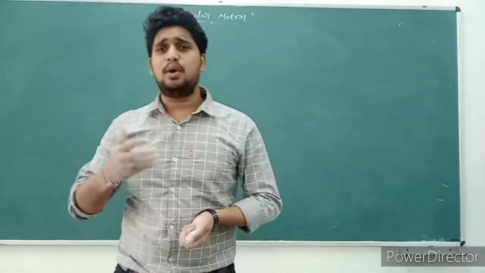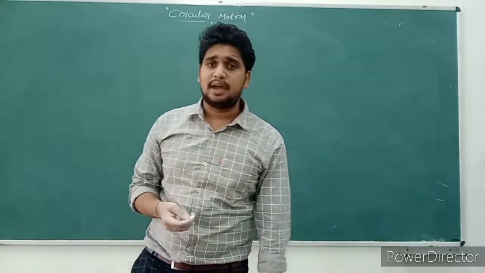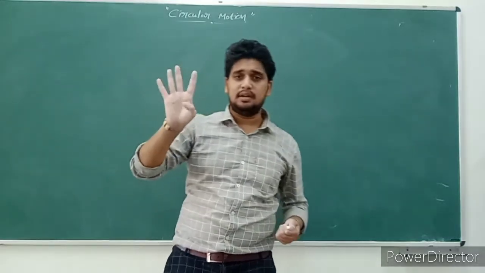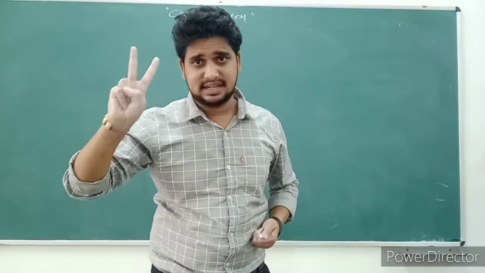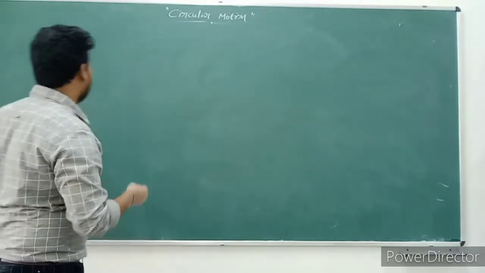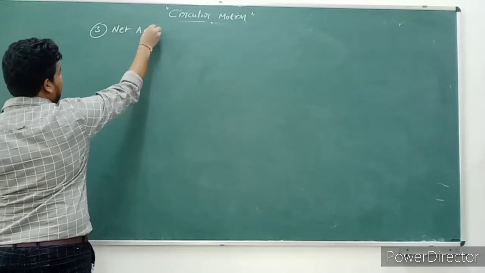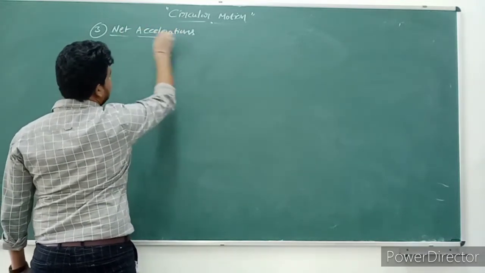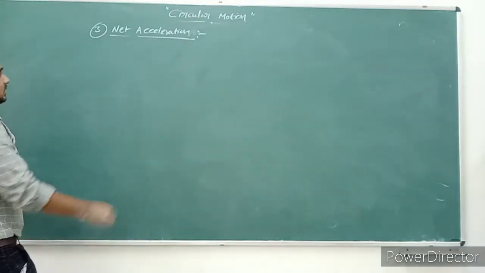Now, today I am going to discuss net acceleration. This is the third type of acceleration. So already I told you four types of accelerations we had. One is centripetal acceleration and second one is tangential acceleration. Third one is net acceleration. Now I am going to discuss net acceleration. If your body moves in a circular path, definitely it has these accelerations, including net acceleration. So I'll consider net acceleration. So how to find net acceleration?